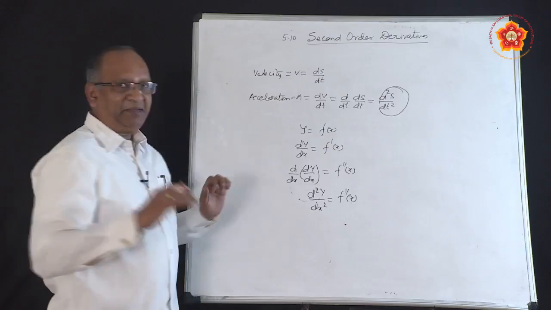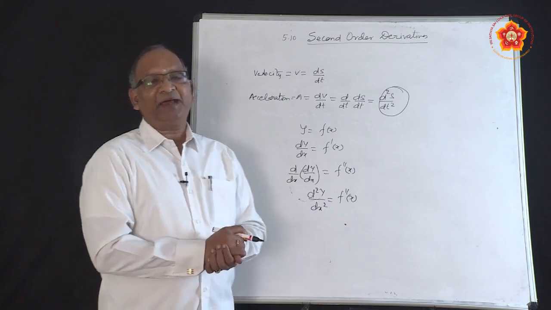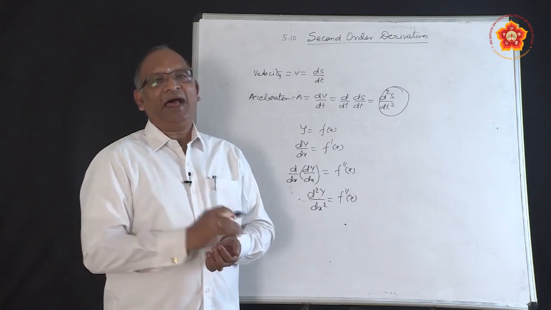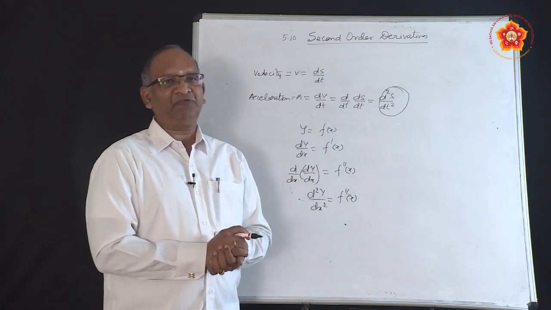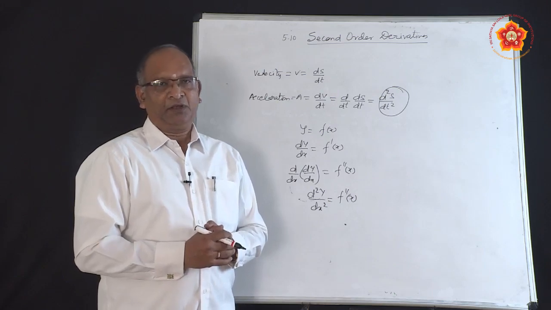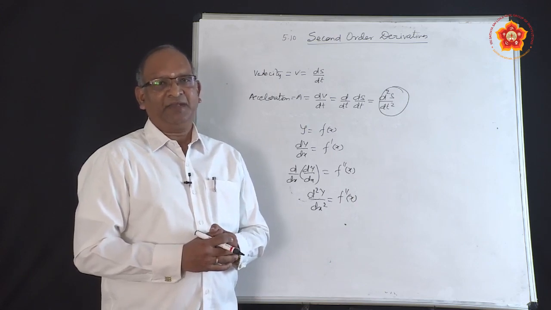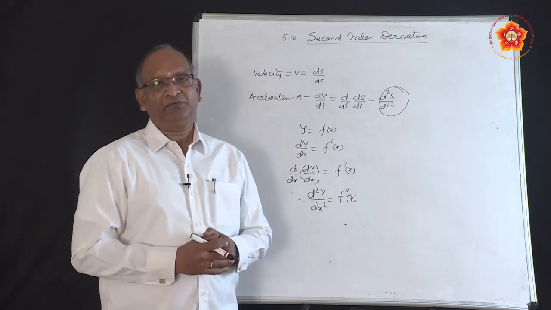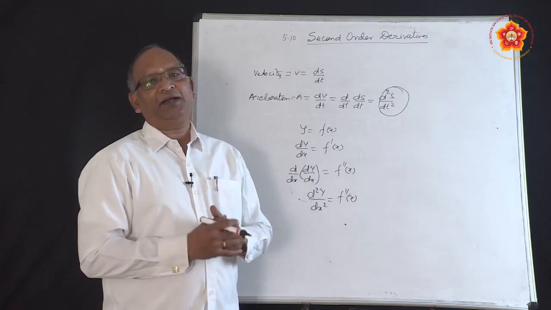If you differentiate the same thing for the third time, it will be represented as d3y by dx cube. In this way we can find higher order derivatives. But right now in this class we will be confining ourselves only to second order derivatives. So, we are going to learn how to find second order derivatives, and the technique is very simple. Find the first order derivative and then differentiate it once again; you get the second order derivative.